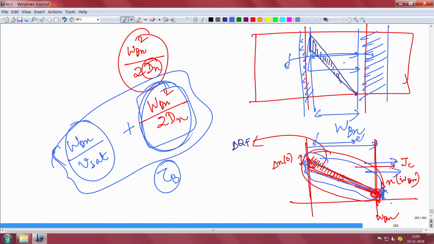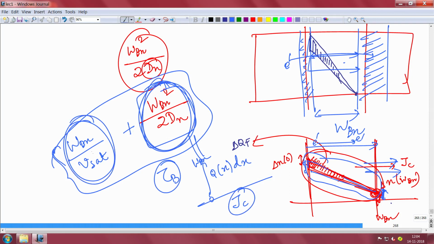How to clear the charge is basically the delay associated with that, and the way you calculate this is the total charge stored in the base, which is 0 to WBN, the minority charge, okay, divided by the current that is clearing out, JC. You put the expression for JC, the current expression, you will get this expression actually, okay. And this is basically the transit time. If you have a base thickness of 100 nanometer and the saturation velocity is say 10 to the power 7 centimeter per second, then how fast are the electrons moving across, that is the base delay.